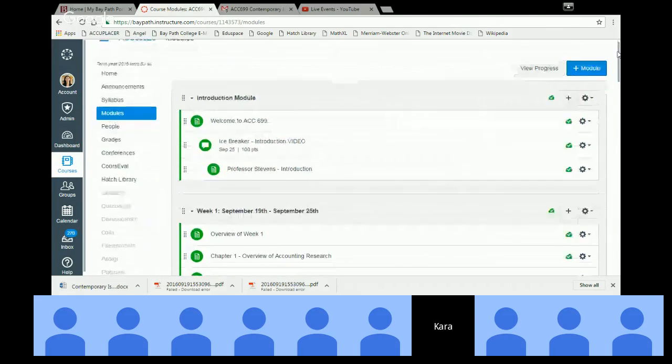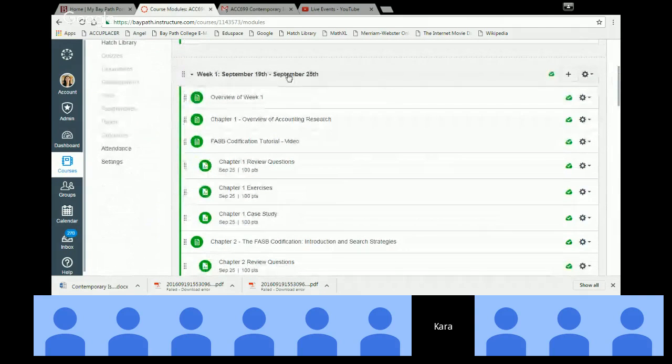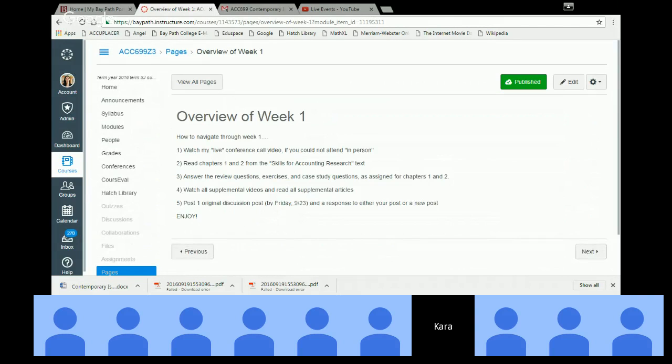So now the core of what the modules look like. I always have a little overview of what the week is. So here's kind of your checklist, how to navigate through week 1. This live conference call, obviously I'll post it. So for those who have not attended, obviously you're attending, but if you can't attend, I think you should always start the week watching the video, because I will be talking about things that hopefully will make the week easier